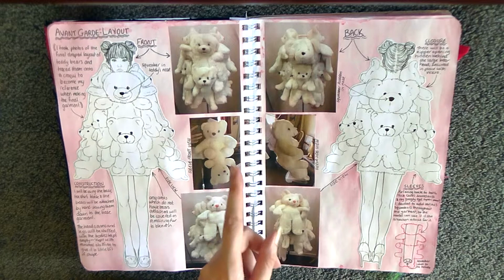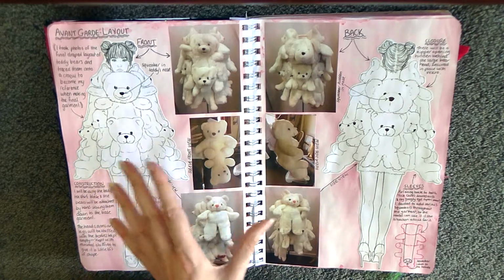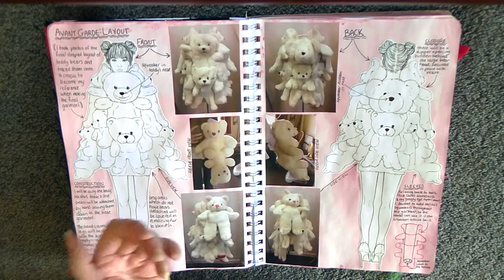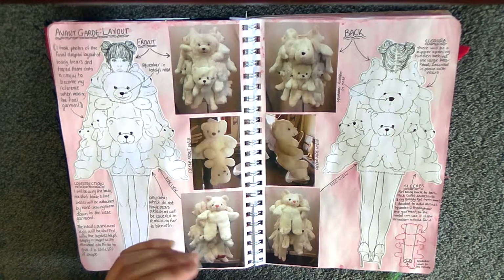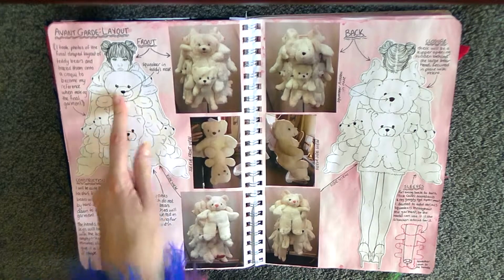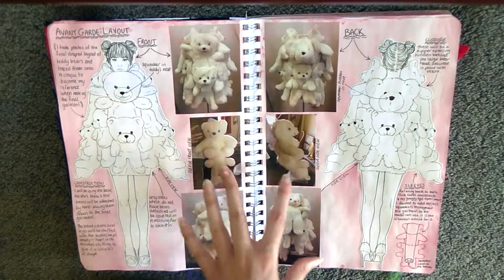So one thing that I've included with this garment is that I found a whole bunch of squeakers in the teddy bears, and I thought that I could put them back into the teddy bear dress in ways that weren't expected. There's a squeaker in the front teddy bear's nose and the back teddy bear's nose and on the sleeves